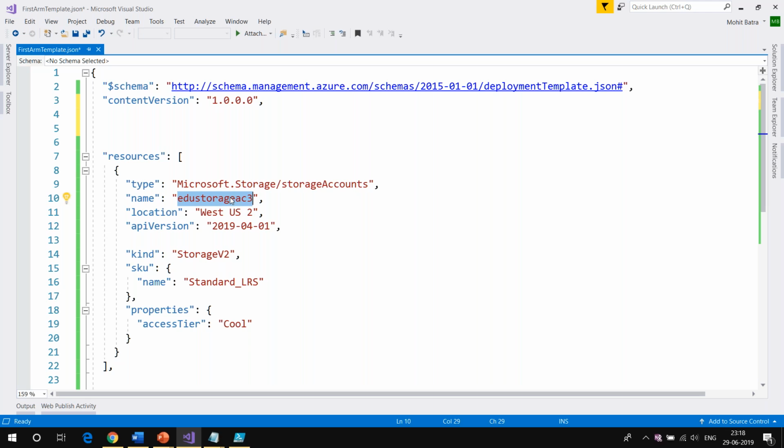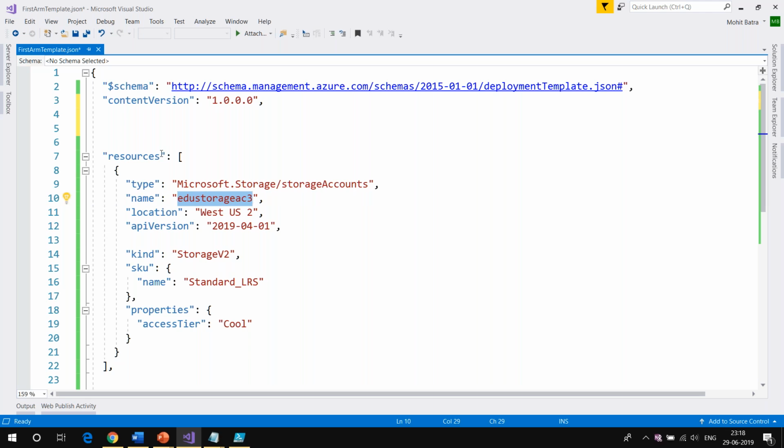A parameter is something we provide externally, so that we are not hard coding our name. I don't want to hard code the name in my template, because I also want to check it into my source control. So I need to parameterize this value so that I can access it later.